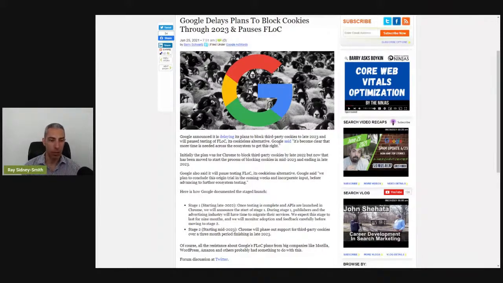In essence, what they said they're going to do is that their stage 1, which will be late 2022, they're going to start testing. Testing will basically finish, and they're going to launch an API within Chrome for the FLoC, the Federated Learning of Cohorts implementation, to start going into place. And then they'll start migrating all of the pieces for the advertising world at that time. Then stage 2 will start in mid 2023. Chrome will phase out third-party cookies. This is only third-party cookies, not first-party cookies, and that will be a 3-month period starting sometime